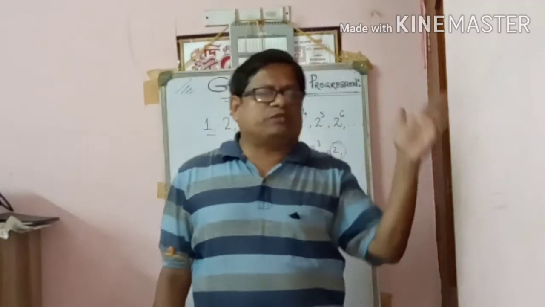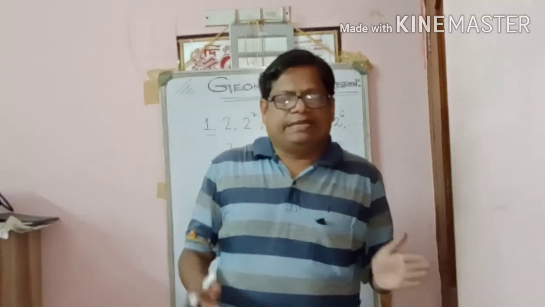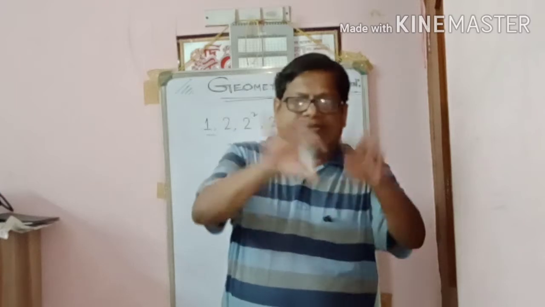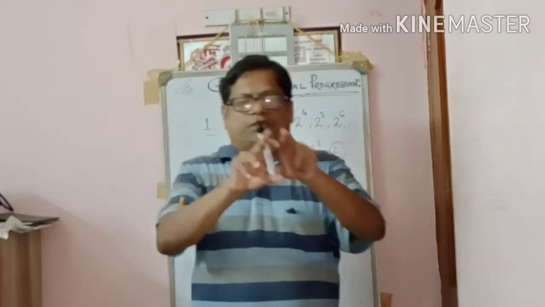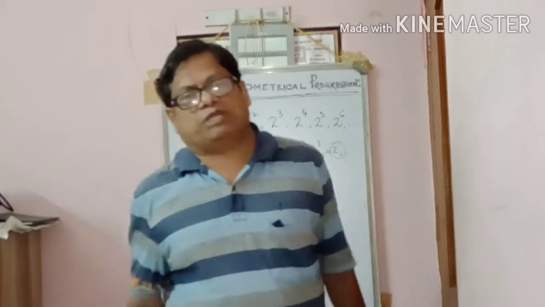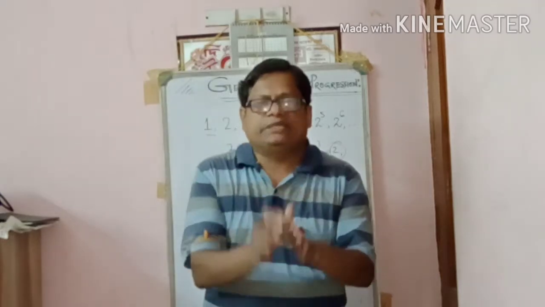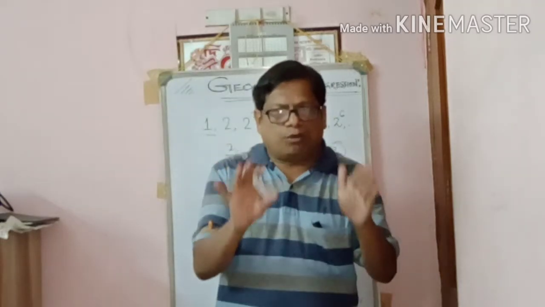In arithmetic progression, there is a common difference. There the difference is the same, but here in geometrical progression the ratio is the same. Okay? So this ratio is known as common ratio. Keep in mind, this ratio is known as common ratio. Okay? Now,